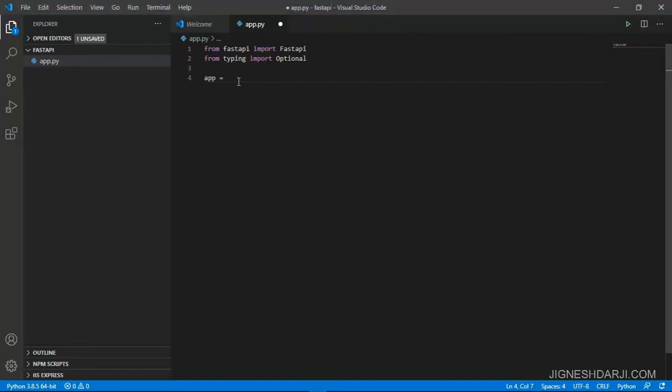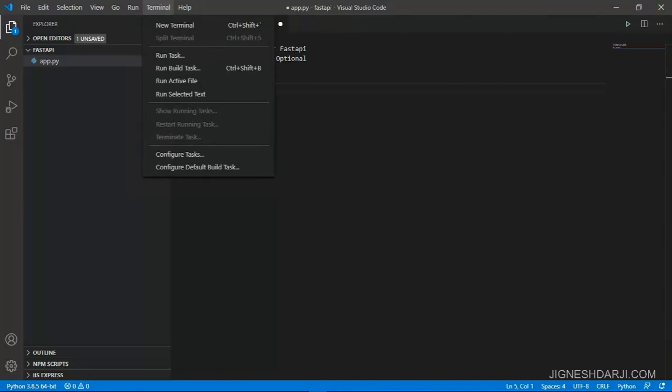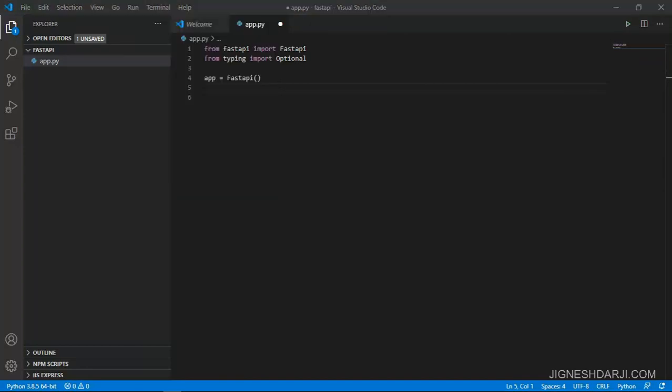So I am creating an object for FastAPI. After that we need to create the default get method, for when we are executing this particular URL in the browser. At that time we return a sample hello world, so I need to create that get method over here. So let's create a get method first.